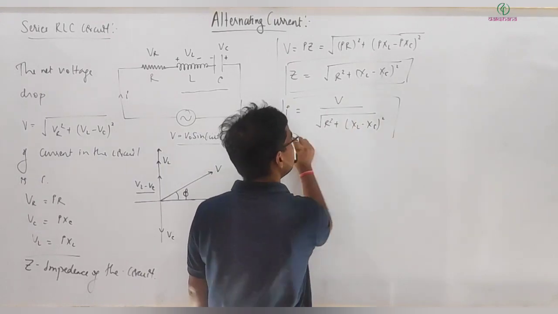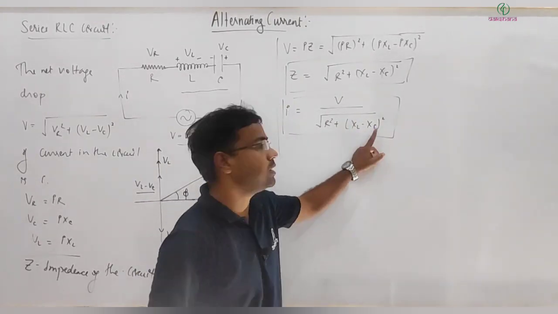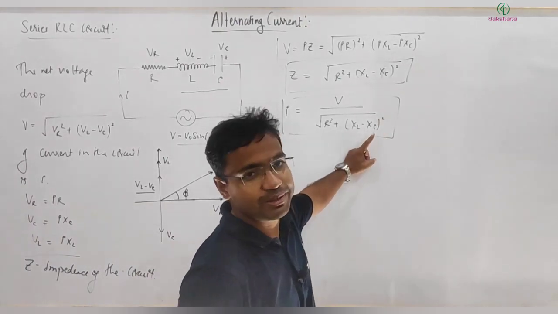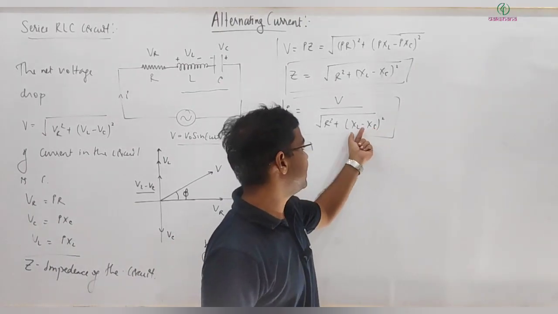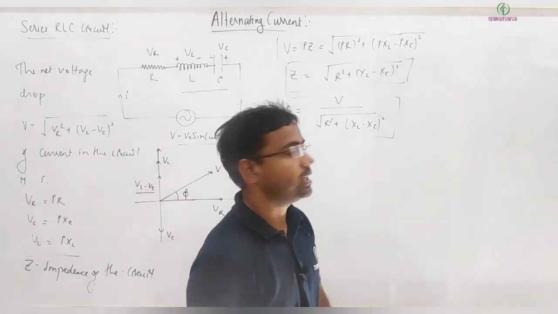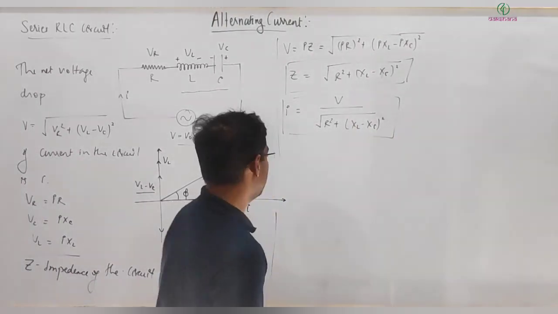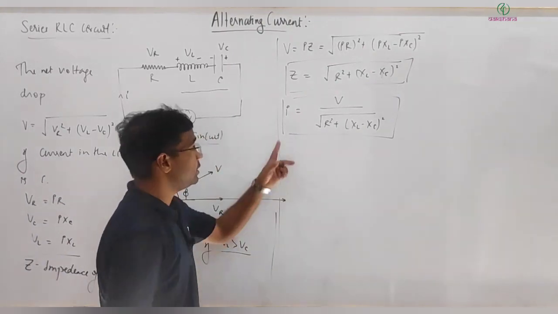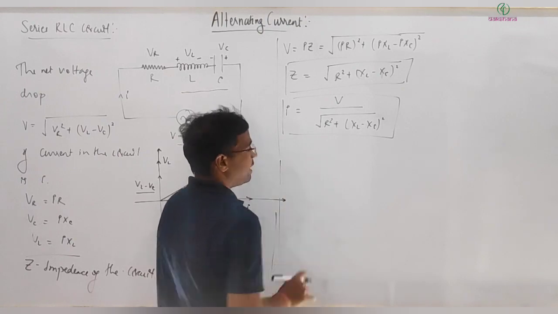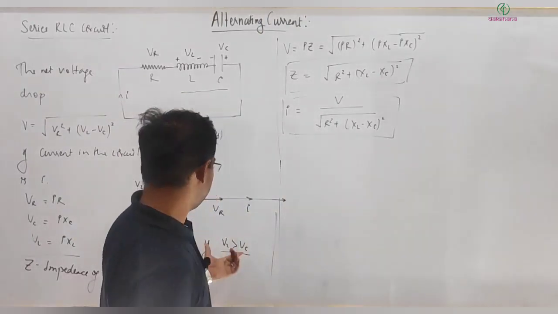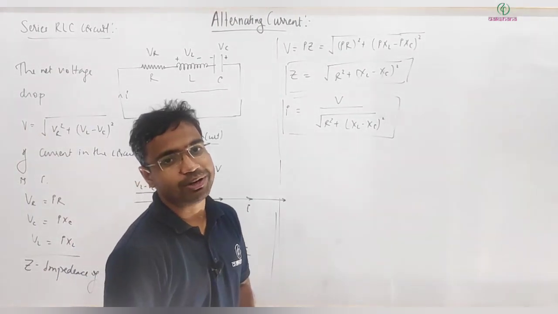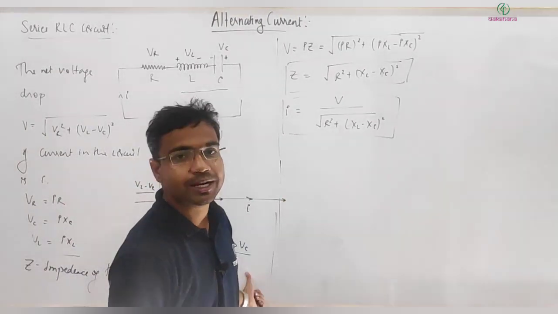Remember, even if you write XC minus XL whole square here, there is nothing wrong. That is exactly the same, because mathematically, for the square, it doesn't matter whether it's XL minus XC or XC minus XL. So it's the same thing actually. So we got the impedance, we got the current, we can calculate the phase angle, is it? I am writing here in general terms, by considering this situation. If the situation changes, I don't think you should have any problem in changing things according to that condition,